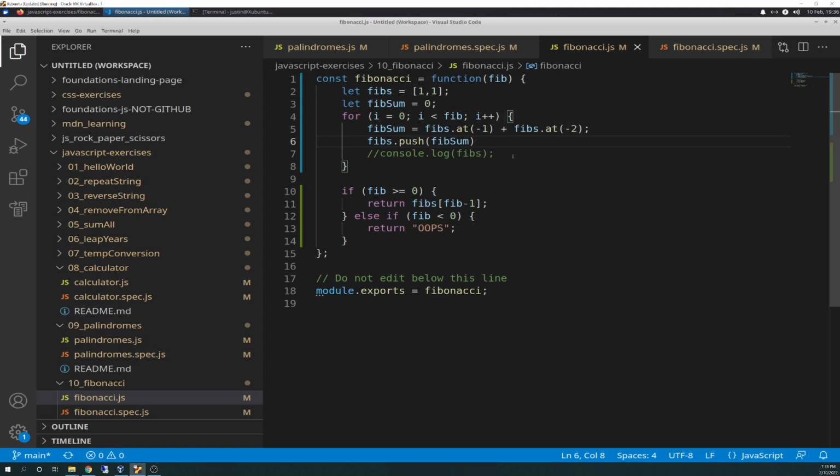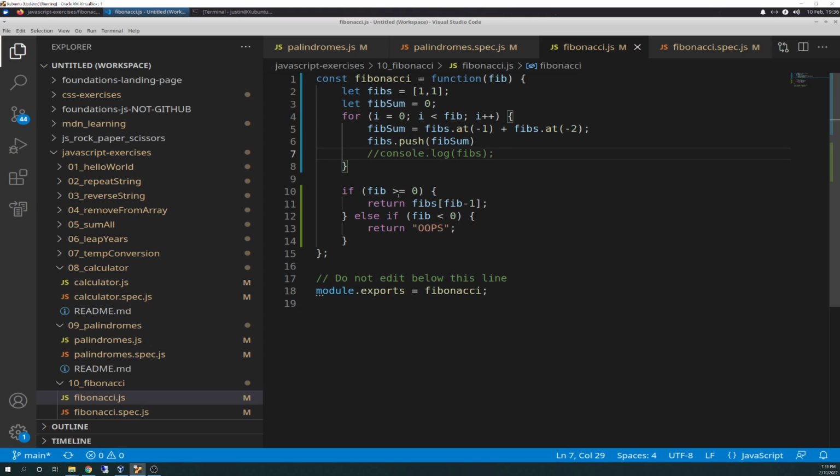If you remember, we learned about push several lessons ago, quite a few actually. I actually had to look this one up because I couldn't remember. What we're doing is pushing the value of whatever's in the loop. For this instance of fib sum, we need to push it into the array at the end, and push does that. There's push, there's pop, and all kinds of different ones. Push pushes the value in and puts it at the end, which is exactly what we want. So fibs.push takes the value of fib sum and puts it in, and I sprinkled that console.log in as I was